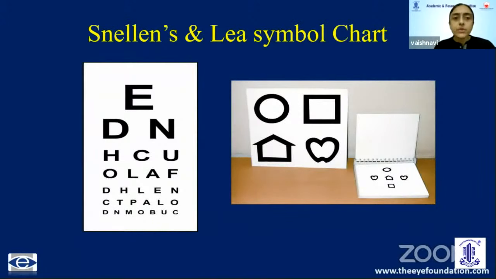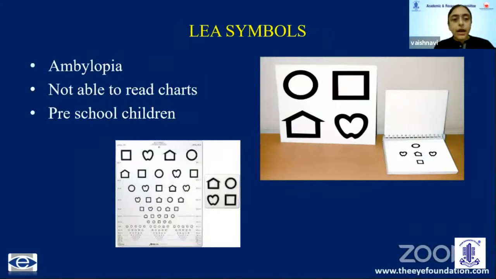For older kids, we use Snellen's chart and Lea symbols. In amblyopia, recognition acuity is affected much more than grating acuity. Lea symbols combine optotype and recognition. It uses house, apple, and square, differing in critical details from the fourth, which is a circle. This is graded in a log step from 0.1 to 2 at a distance of around 3 meters.